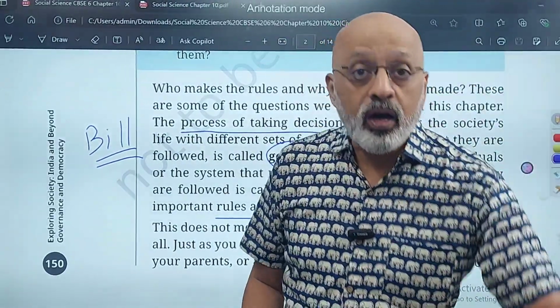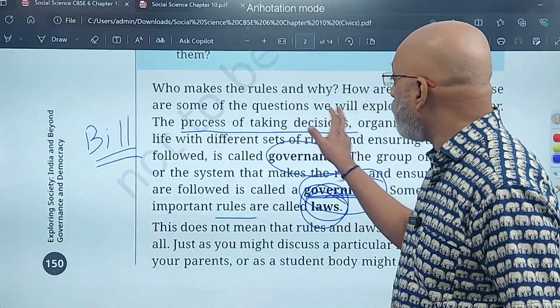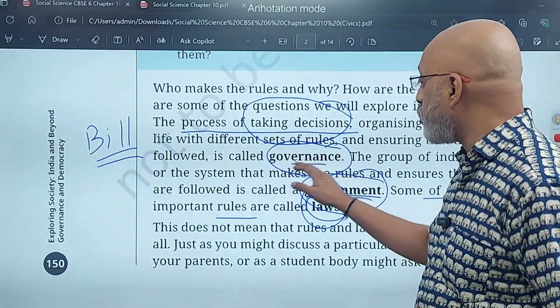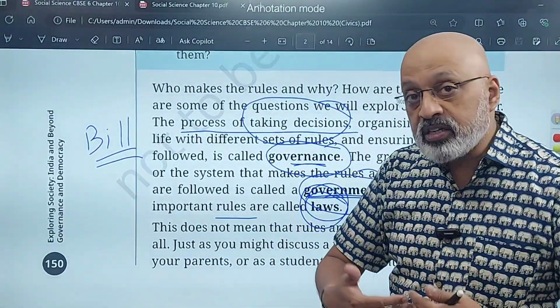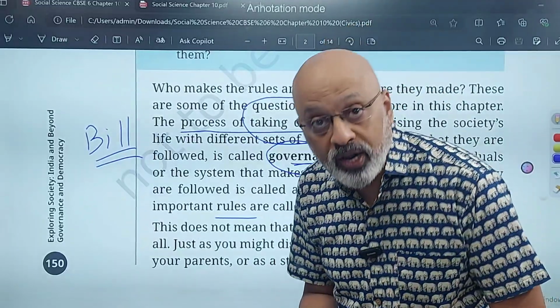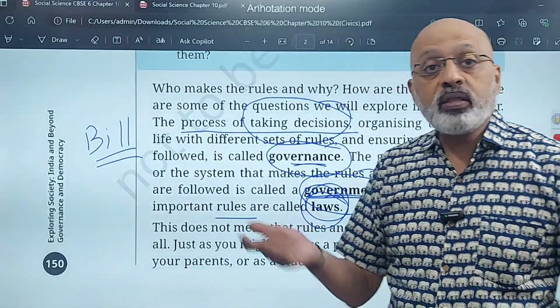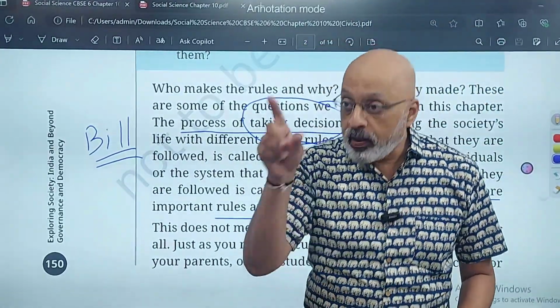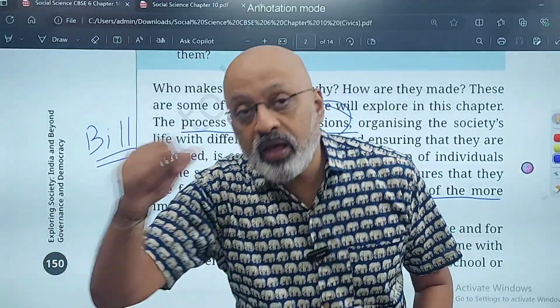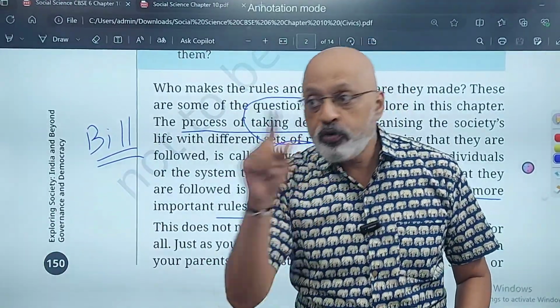So uske baad agar koi, so that is the process of taking decisions, is called governance. So what the Prime Minister and the industries minister are doing together is called governance. Okay, so uske baad if anybody is found employing any child as labor in his factory, फिर उसको जेल में